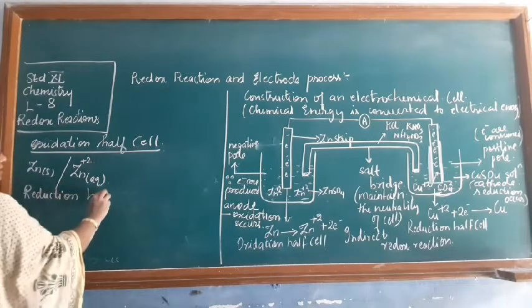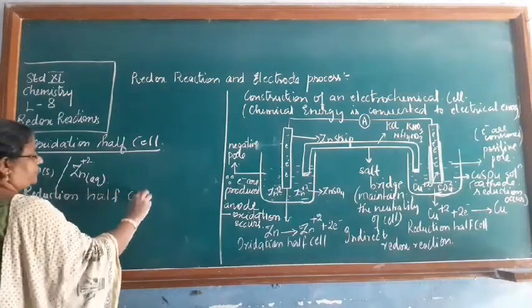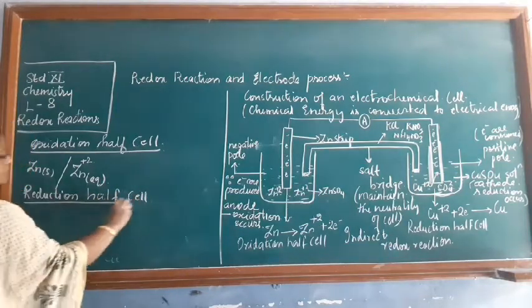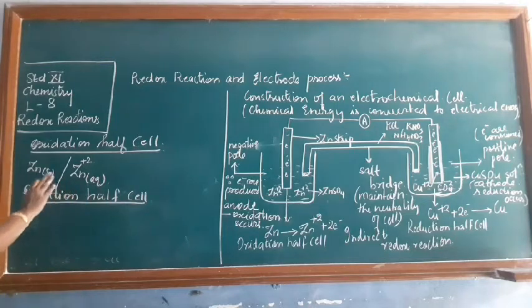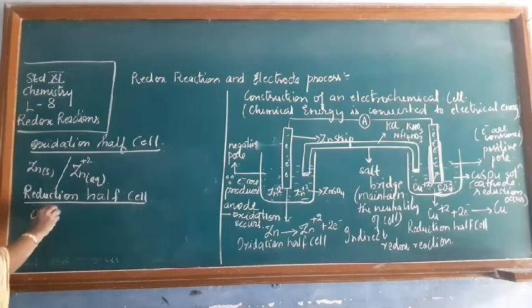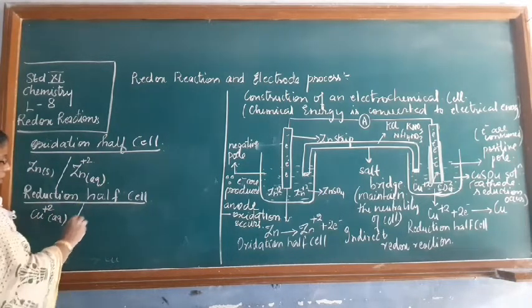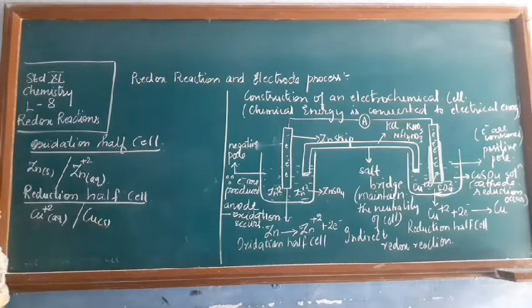Reduction half cell. एनोड को इस तरह represent करेंगे, कैथोड को. Reduction half cell, what is happening? Cu+2 is in contact with Cu solid. So this is the representation of the reduction half cell. अभी इधर मैंने एक्वस लिखा है, अगर कॉन्सेंट्रेशन दिया है CuSO4 का या कॉन्सेंट्रेशन दिया है ZnSO4 का, then you